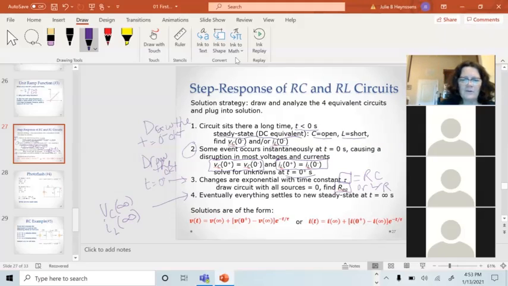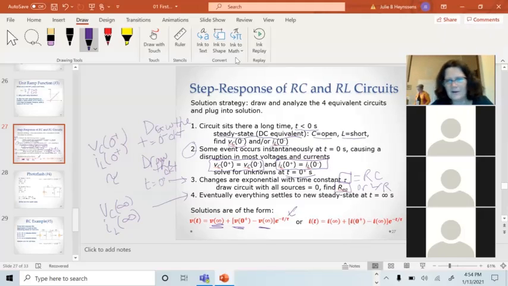And once I know, this one gave me VC of 0 plus, or it gave me IL of 0 plus. This step here gave me tau. These equations work for every circuit. If I know VC of infinity, I can plug in a number there. If I know VC of 0 plus, I can plug in a number here. If I know the time constant, I can plug in this number here, and now I have an equation as